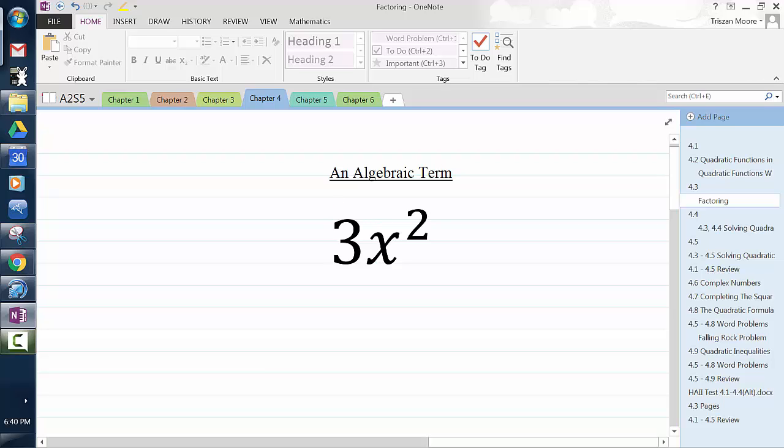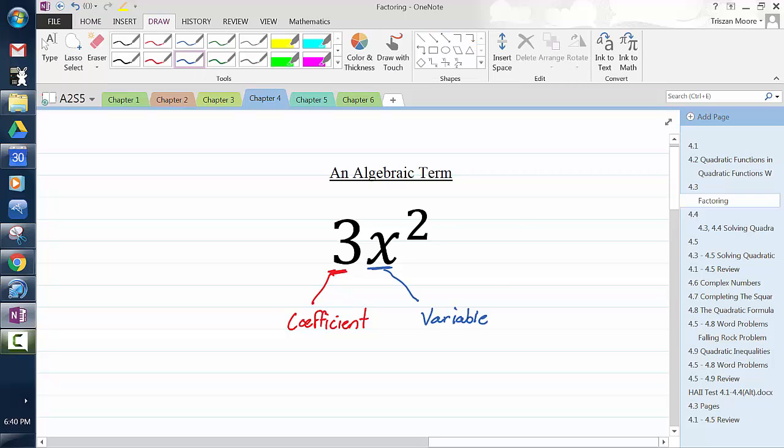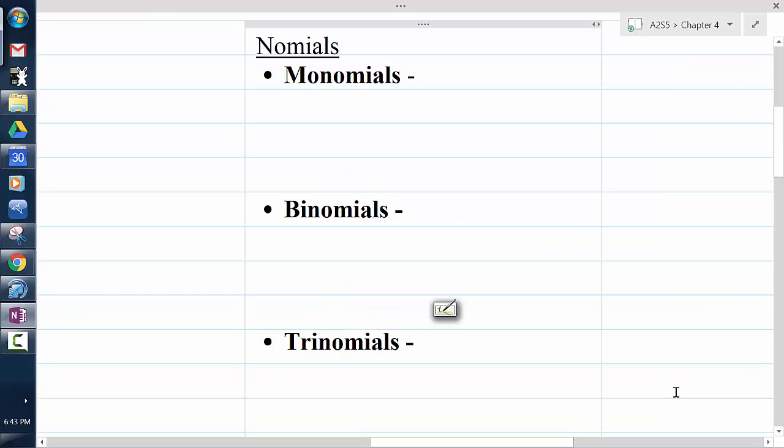The first component is what we call a coefficient. You guys have heard these words before. Hopefully I spelled it right. The next component is a variable, the letter beside the coefficient, and the coefficient is the number beside the variable. And the third component is the exponent. So those are three components, and all three of those components make up what we consider an algebraic term, which